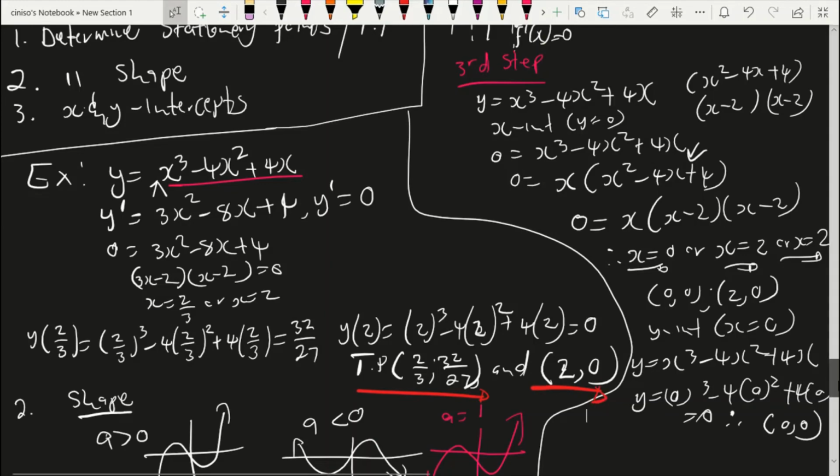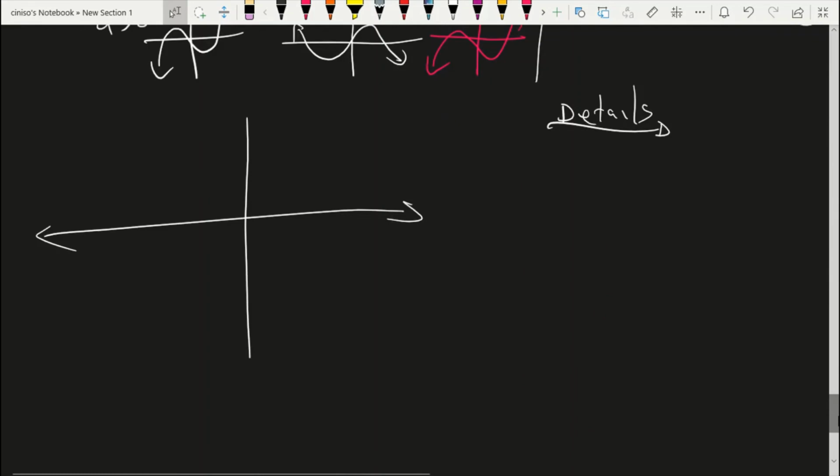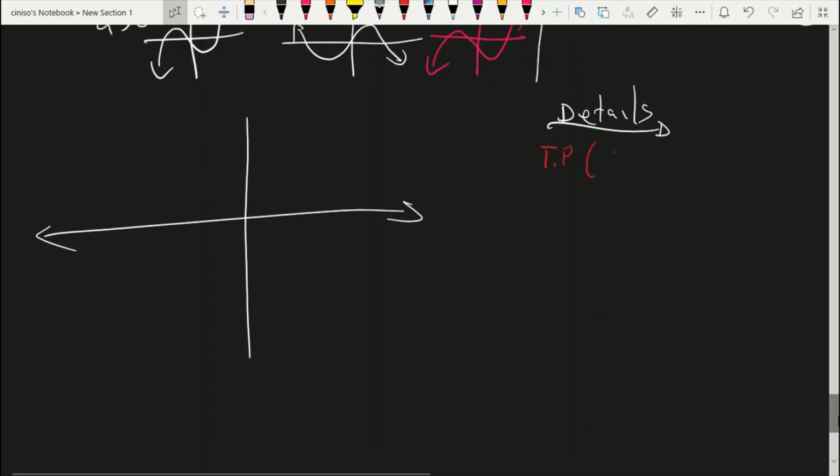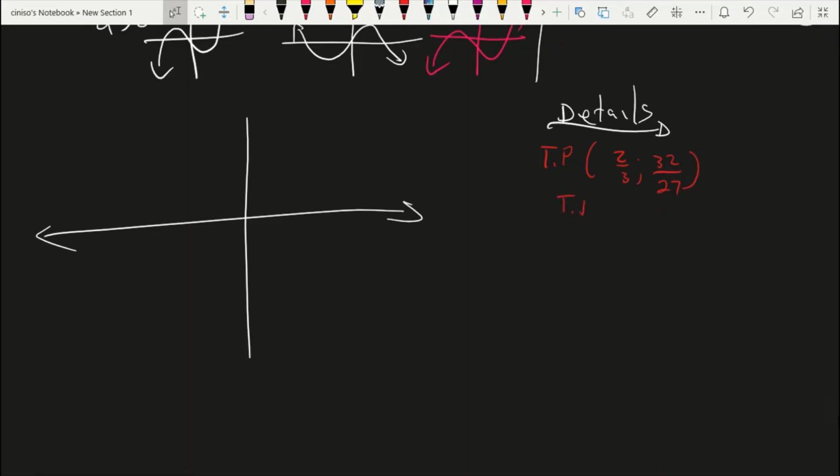So you're going to write them down here in your details. So your turning points are 2 over 3, 32 over 27, and another turning point is 2 and 0, right? So these are your findings,